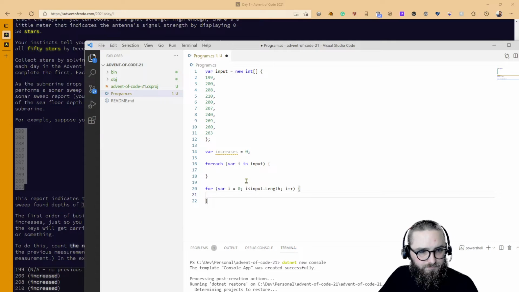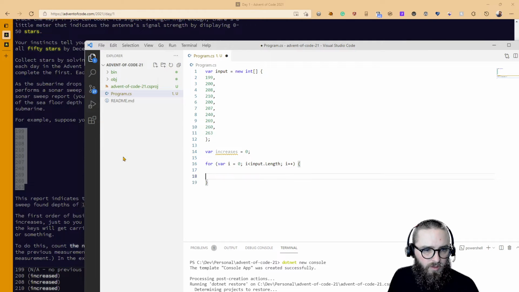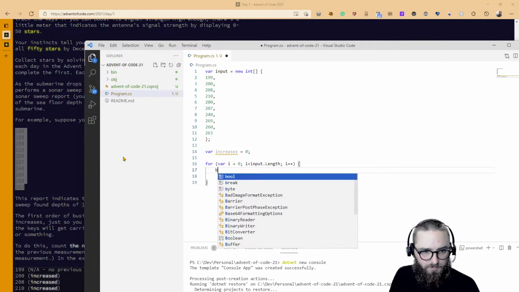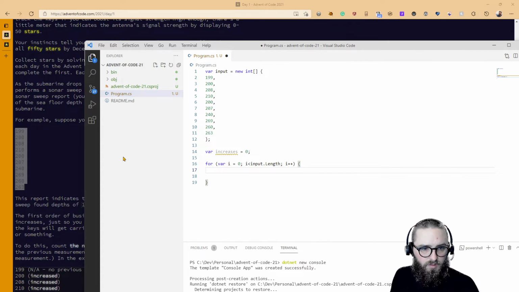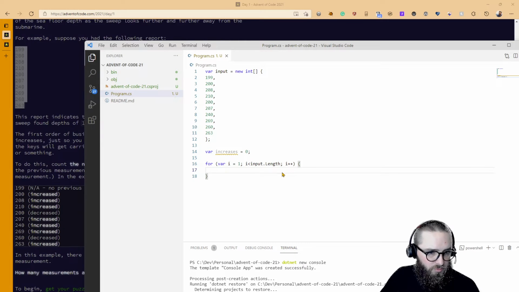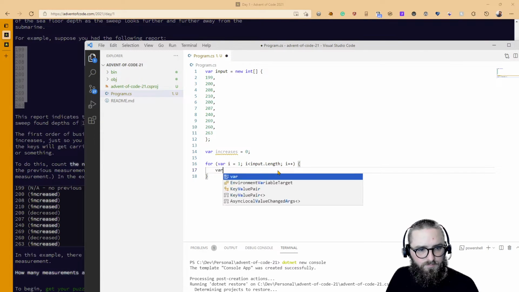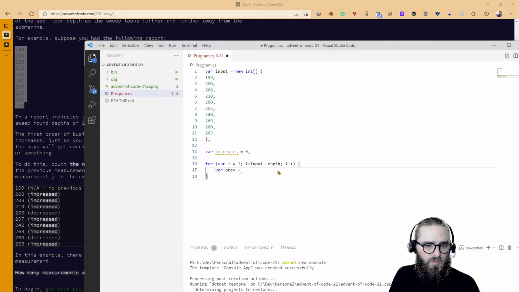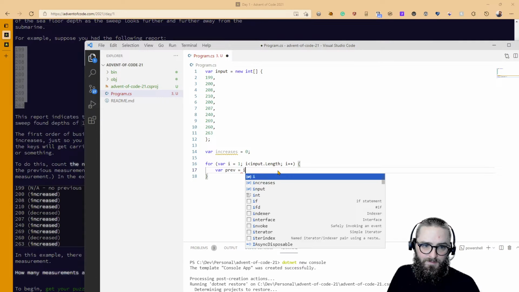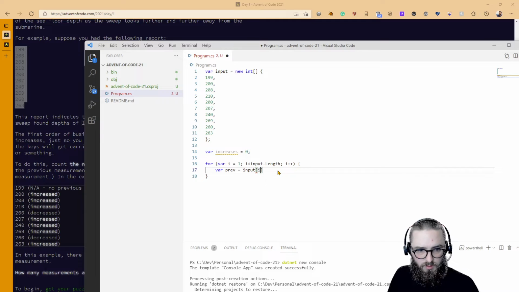Doing this from memory. So the previous number, actually, we can start this from the first one because we don't know the second. Sorry, we can start this from the second one because we know the first one doesn't count because there's no previous value. So we can go var previous is input[i - 1], var current is,